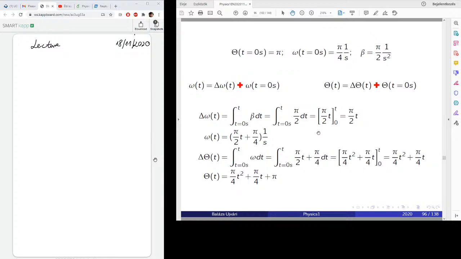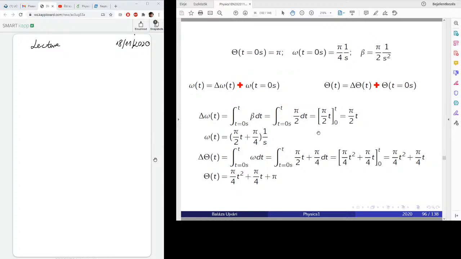And the angular displacement is the displacement at t equals 0 plus the integral from 0 to t of the angular velocity, which is, I was at pi at t equals 0, then I moved, not an equal sign but a plus sign, like pi over 2 t,